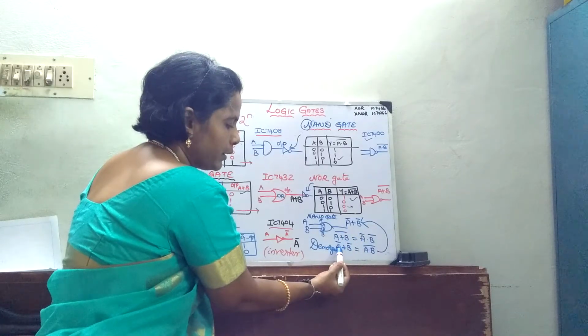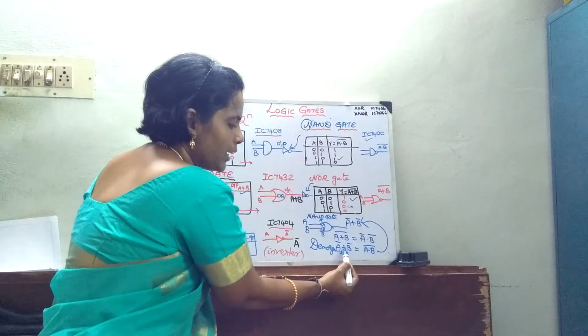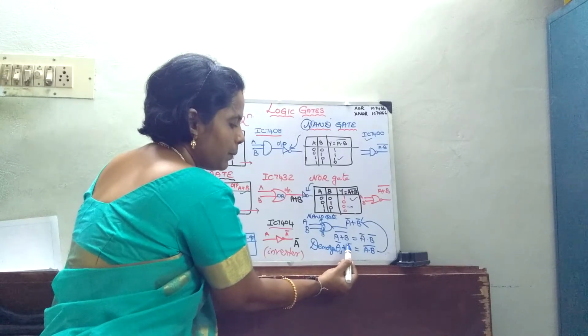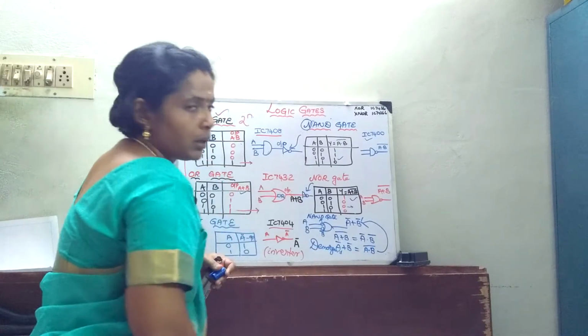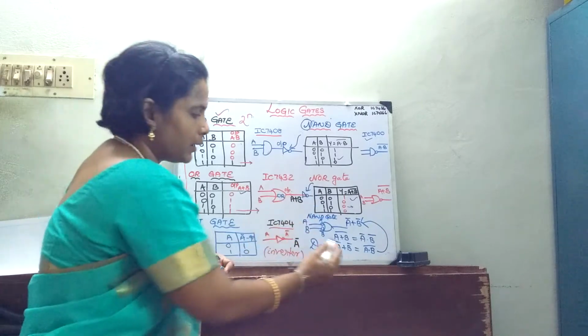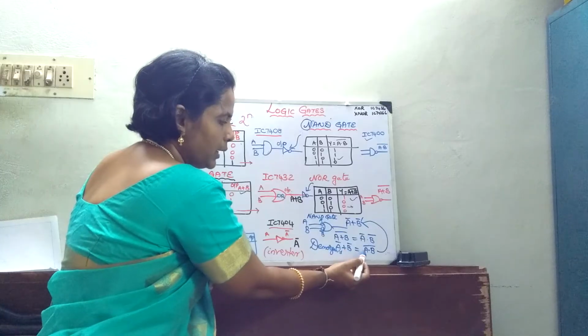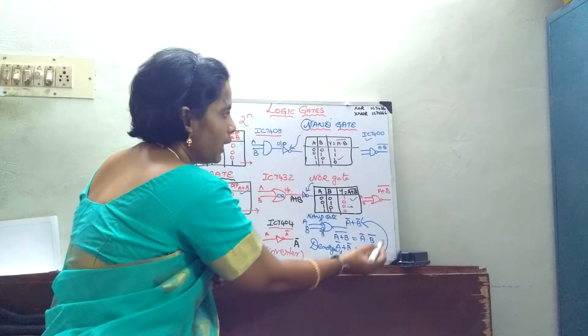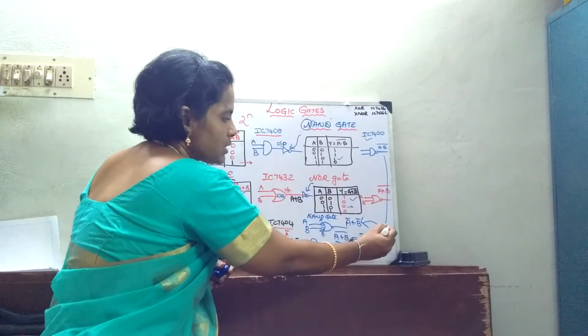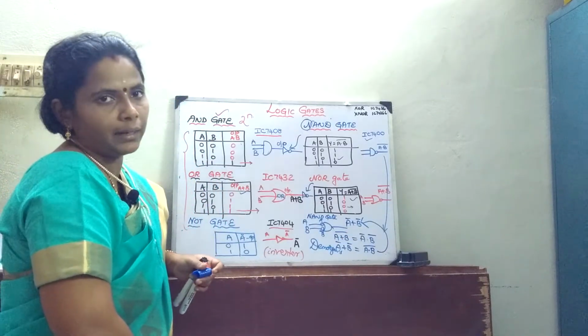If it is split that way, then for addition you have to put a multiplication sign, and if the bars are split, you have to put the same bar under the single variable. So when I have A bar plus B bar, it is nothing but A dot B the whole bar. So this verifies the function of your NAND gate.